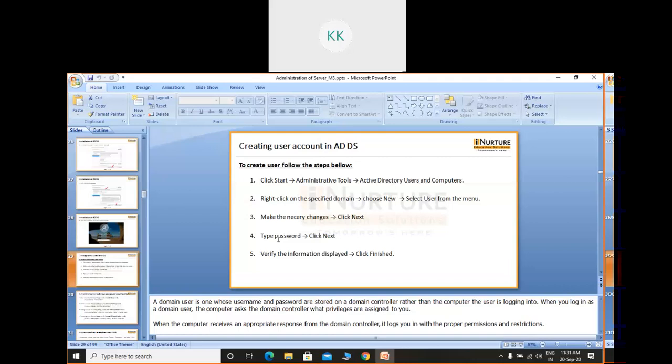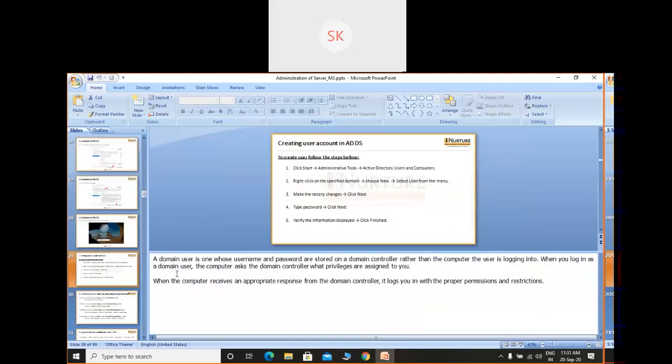So I have shown you the address of the file where you will find a log file. I think this is system dot c colon slash system dot syslog. From this file all your relevant information will be captured. That means monitoring can be done very easily. See, here they're telling about two different types of user. A domain user is one whose username and password are stored on the domain controller. I've already told you.